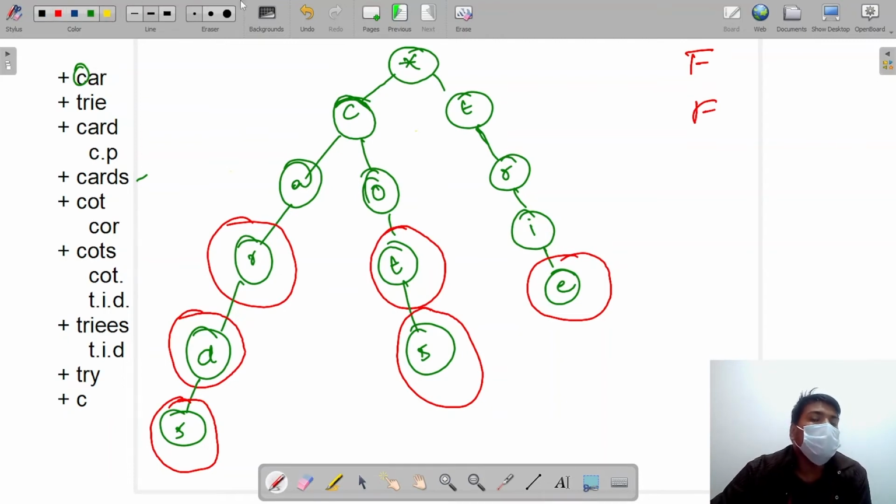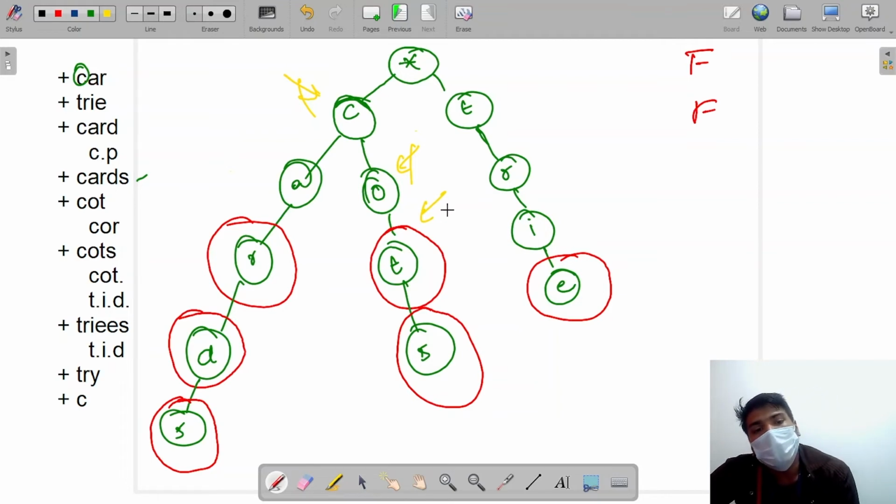So for finding COT dot, what we'll do, we'll ask root, do you have C? It will say, yes, I have C. So we'll go to C. Now we'll check, do you have O? So it said, yes, I have O. So it will move to O. Now at O it will ask, do you have T? Yes, it has T. So it will go to T. Now at T it will ask, do you have any child? Because I have a dot. So it will say, yes, I have a child. So it will simply go to this and will return true, as a word is